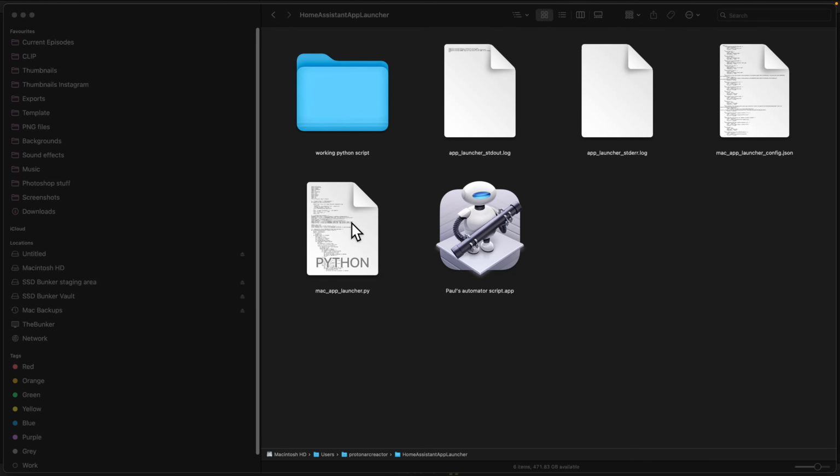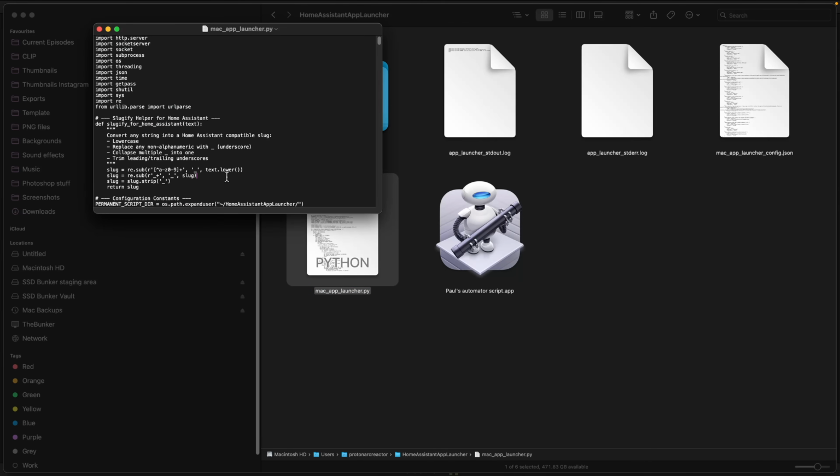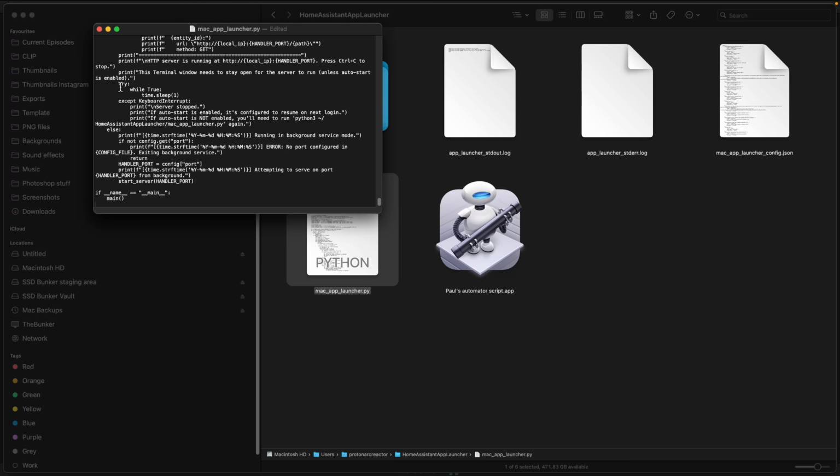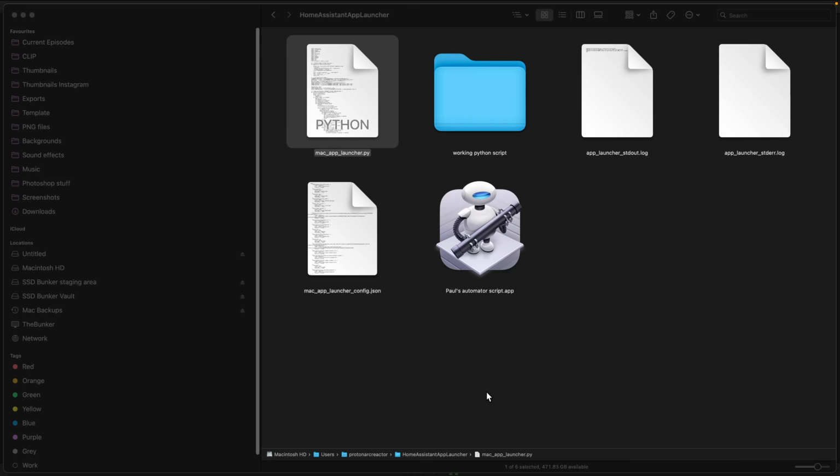You just then paste it into that Python file over the top of what's already in there, and then the next time you reboot your computer, it will use that script instead. Anytime you want to go back to the script I was using, if that didn't work, you just go back into the Python file and overwrite it with the original script that I gave you. It's as simple as that.